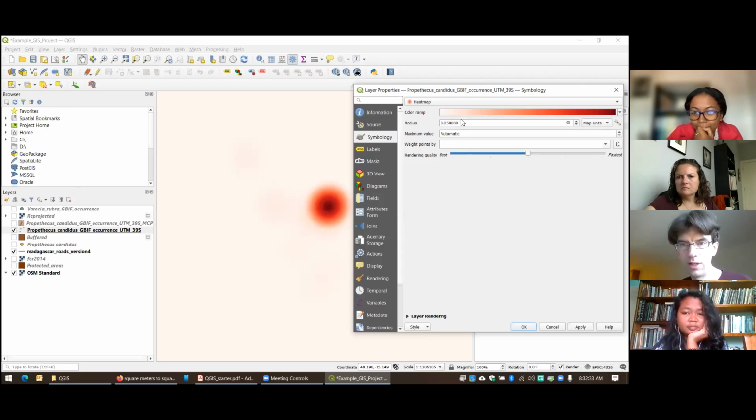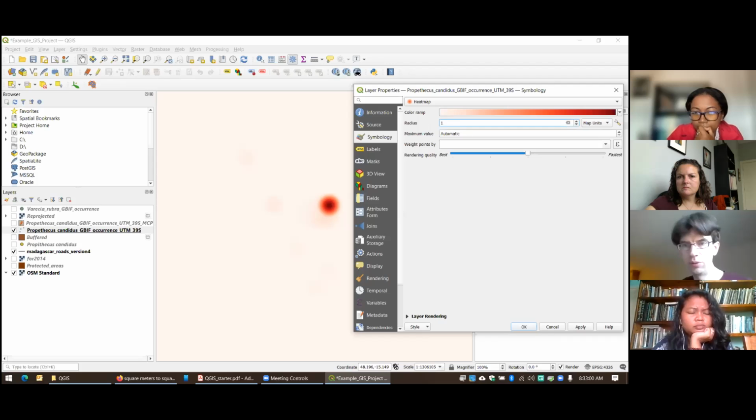So this radius that I'm telling it here to map by is in degrees when I say, please map it in map units. So I just told it to map by 1/4 of a degree. If I want to go to something a little bit smaller and click apply, you can see that this density estimate changes.